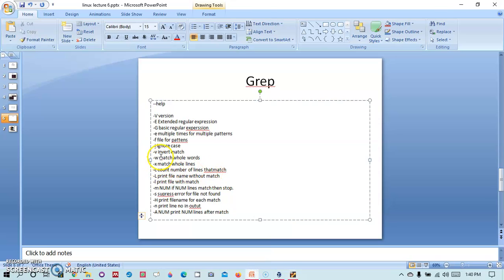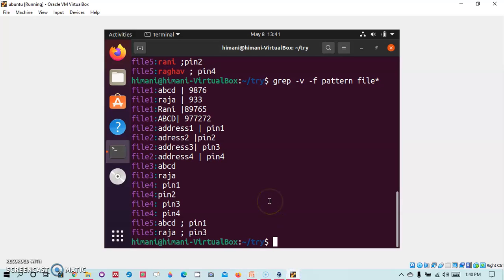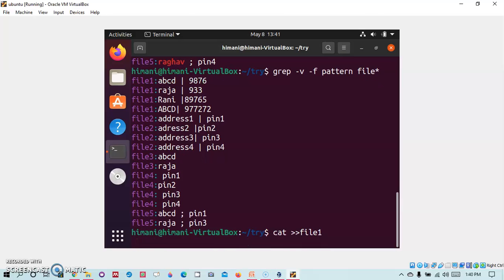Then we have -w, which will search for whole words, and -x, which will search for whole lines. What it means is, suppose I add again in file 1 some data.